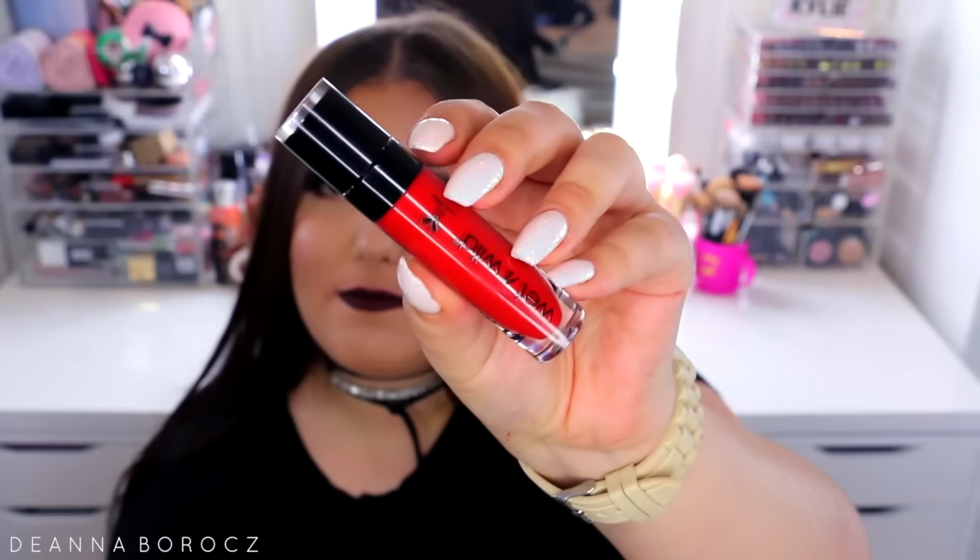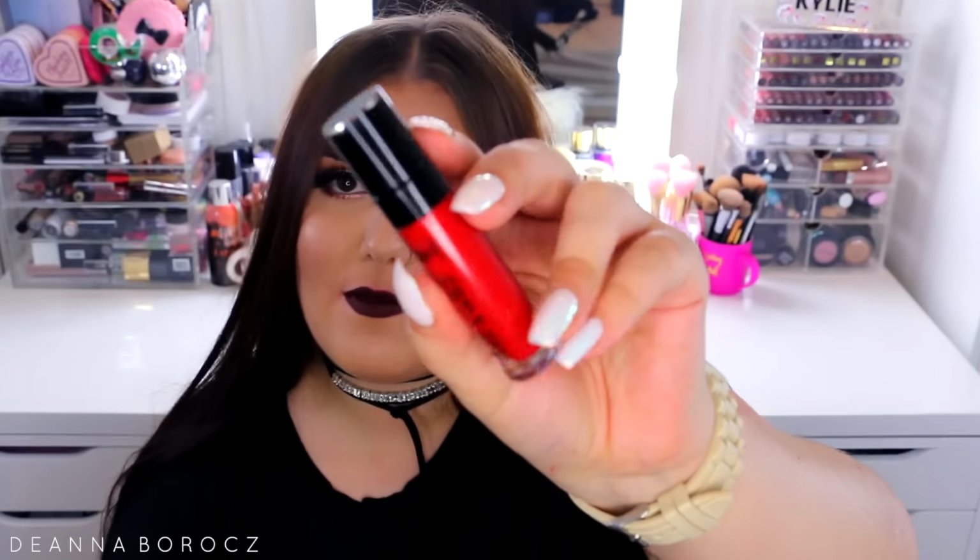It's like the really bright red. They also have one that's a little bit more of a bright orange red, which I did not pick up, but I love a cool toned blue red. I think it's beautiful. It's just definitely something to have in your collection and something that you cannot go wrong